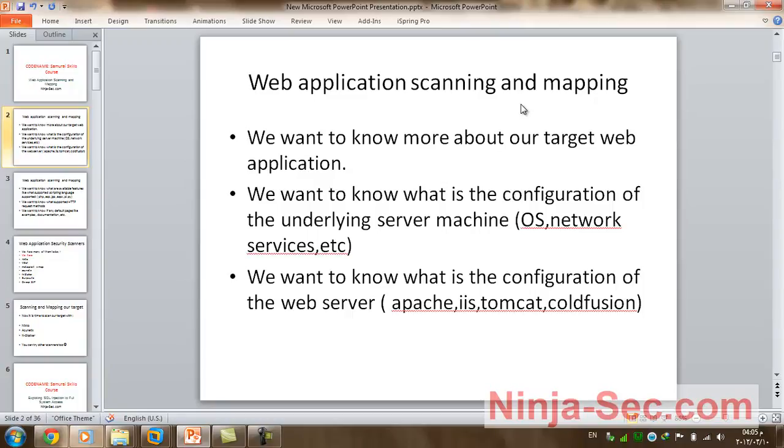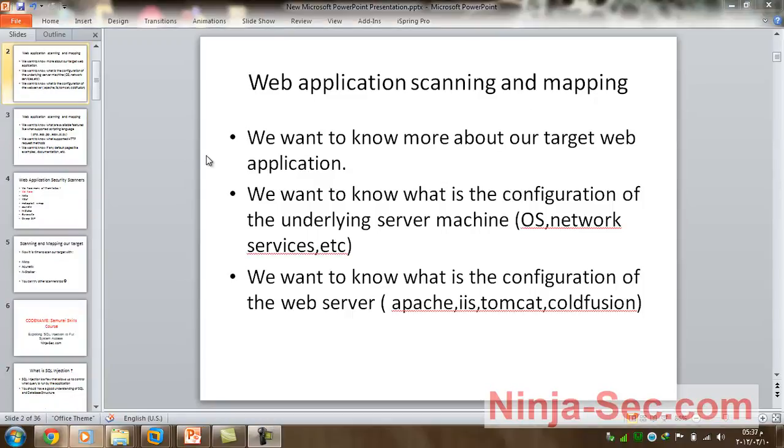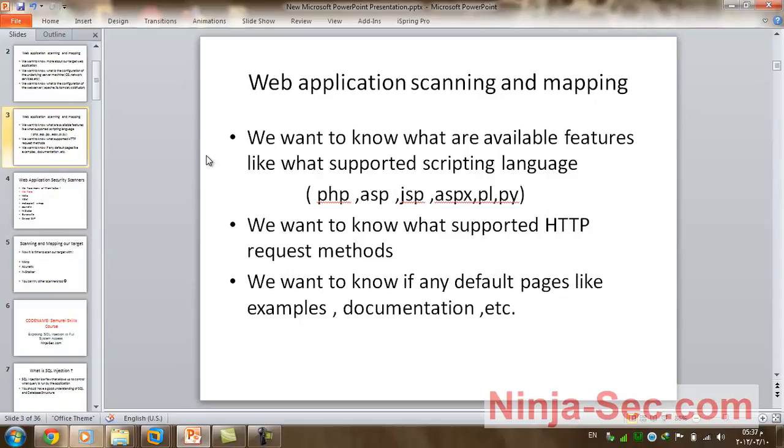And we want to know what is the configuration of the web server, like Apache, IIS, Tomcat, and ColdFusion, and etc. And we want to know more about what are available features, like what supported scripting language like PHP, ASP, JSP, or ASPX, Perl, or Python. We want to know what supported HTTP request methods like GET or POST or TRACE or CONNECT or etc. There are many different HTTP request methods, and we want to know if any default page like examples and documentations,